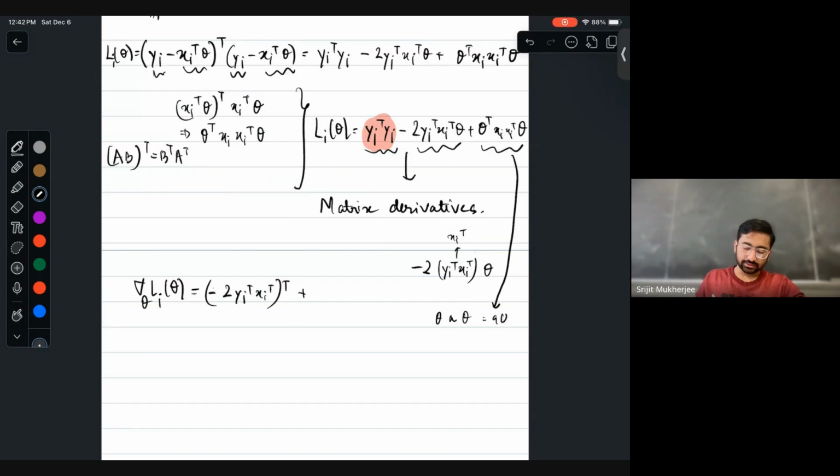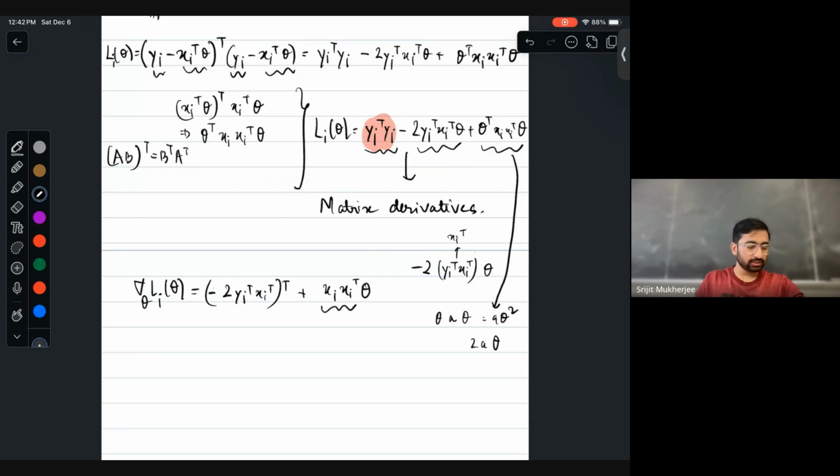So it will be a theta square, right? Check the one dimension. If you take the derivative of this with respect to theta, it will be 2a times theta, right? Similarly here, if you take the derivative of it, it will be similar to that. It will be theta,